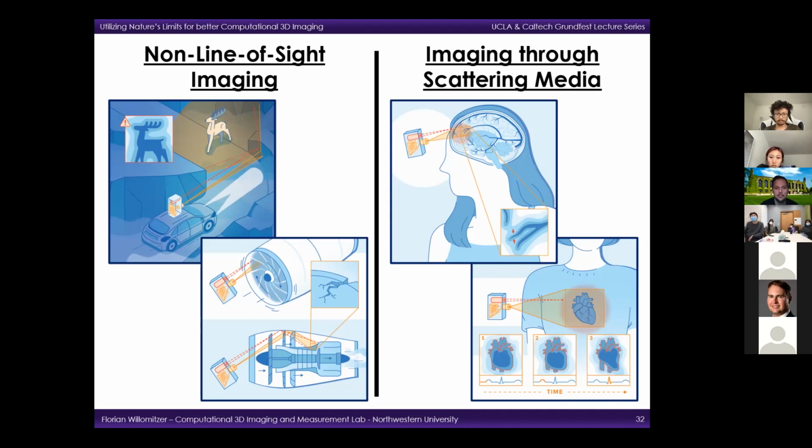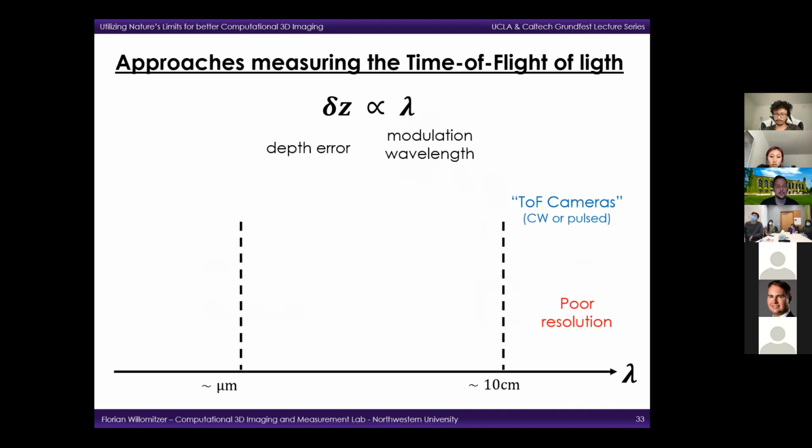And people came up with the idea pretty quickly that instead of spatially structuring the illumination, like in these structured light principles that we saw before, they should look at the time of flight of the light. So basically measure the path lengths that the light travels from the sensor to the wall, to the object, back to the wall, and then back to the detector. But we already know that these so-called time of flight cameras, which are used in many state-of-the-art approaches, by the way, cannot always satisfy the resolution requirements of the applications that we want to do.